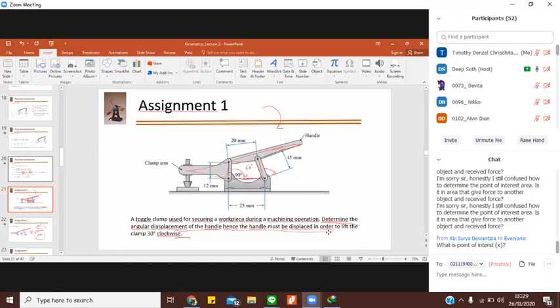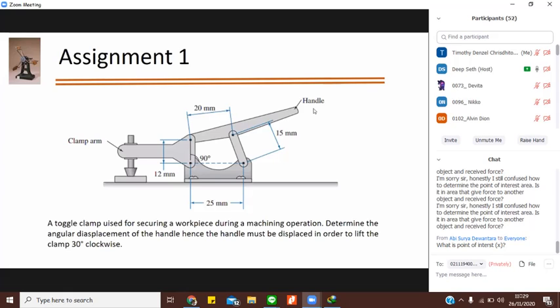Okay, so you have to see, Miss, for example, here we have marked that it is handle. Here you have a clamp arm, and